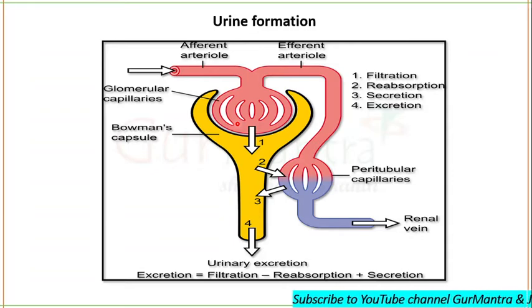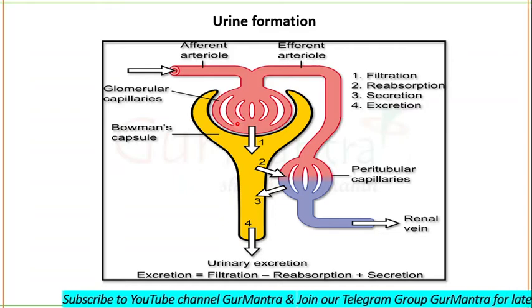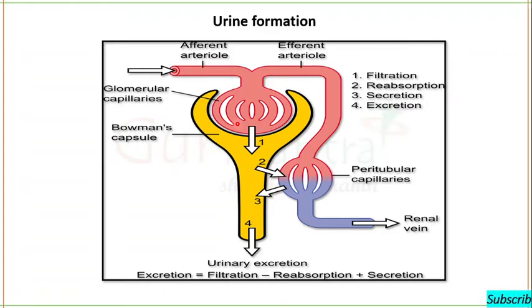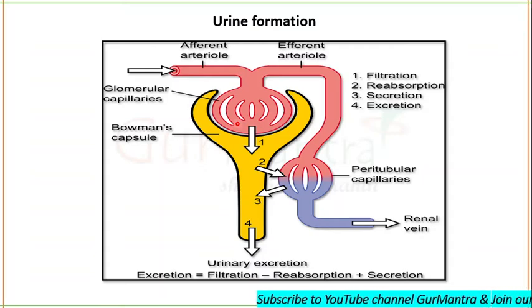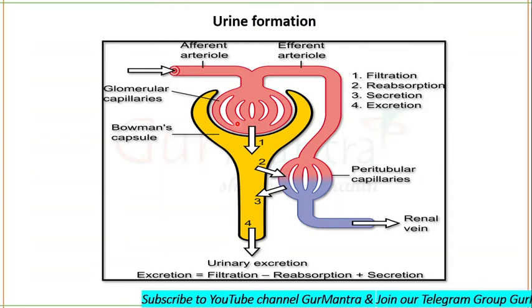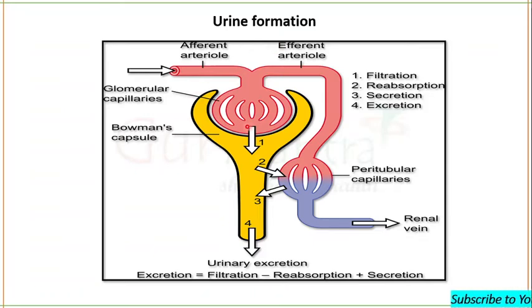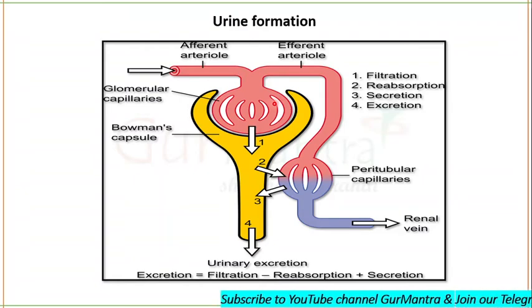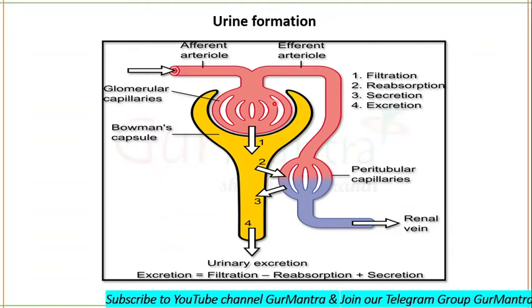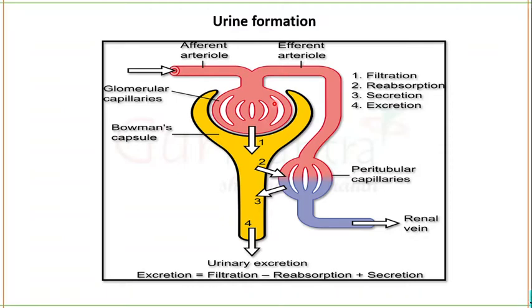As a result, the arteriole lumen is now constricted and there will be a decrease in the blood flow, and ultimately glomerular filtration rate will be decreased. The opposite will happen if the blood flow is low: the afferent arteriole will be dilated. This happens because the smooth muscles will not constrict; in fact, they will relax. If smooth muscle cells relax, afferent arterioles will be dilated and glomerular filtration rate will be increased.